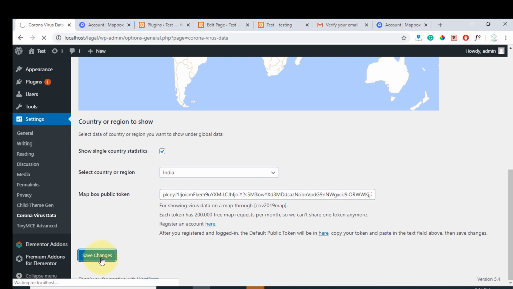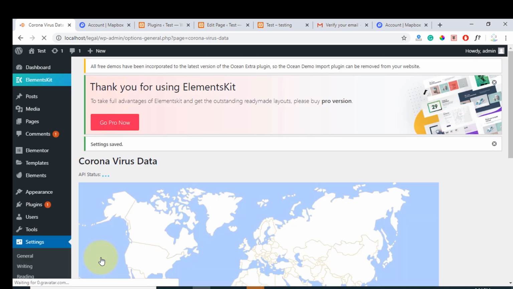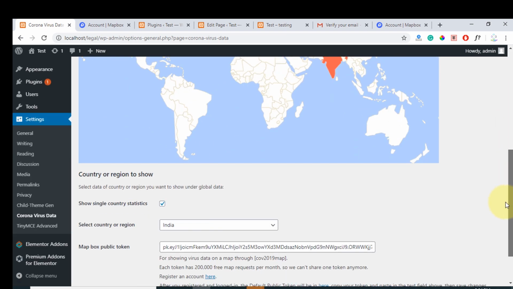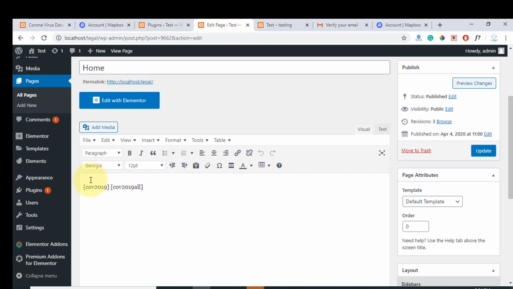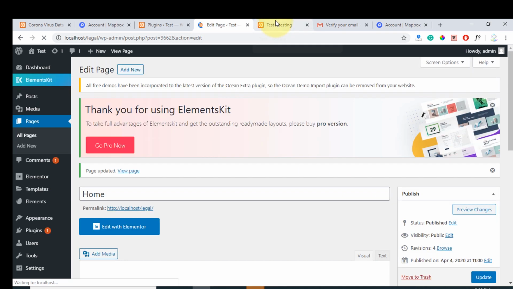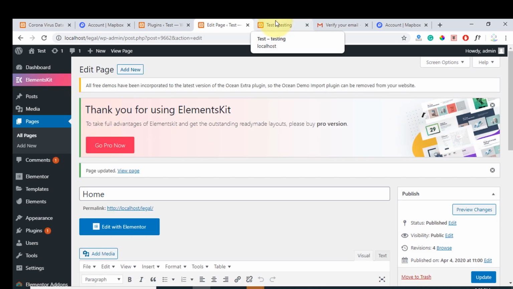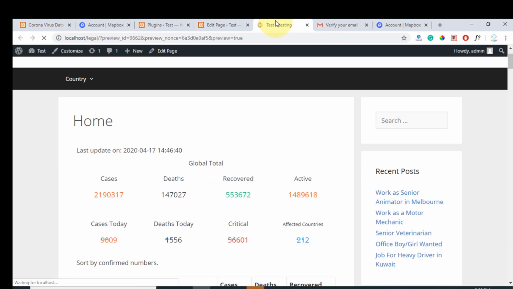So let's copy this code and paste it here. Now update. Now you will see the map and the specific country data.